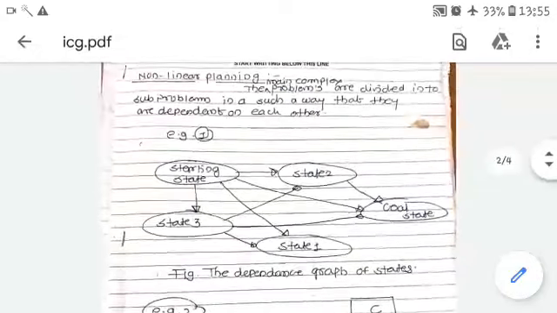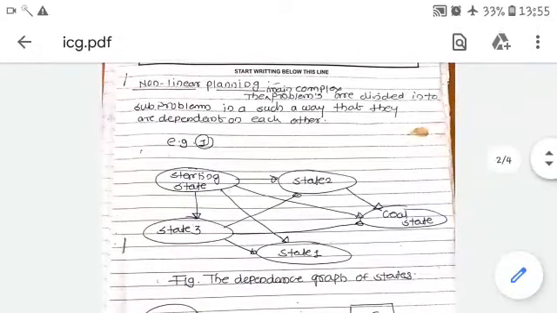Hello friends, today we are going to discuss another important concern regarding the non-linear planning of artificial intelligence. In the last lecture we already discussed the things related to planning. Okay, so what is planning? Planning is nothing but what we have to do and how we are going to achieve our goal. Okay, so